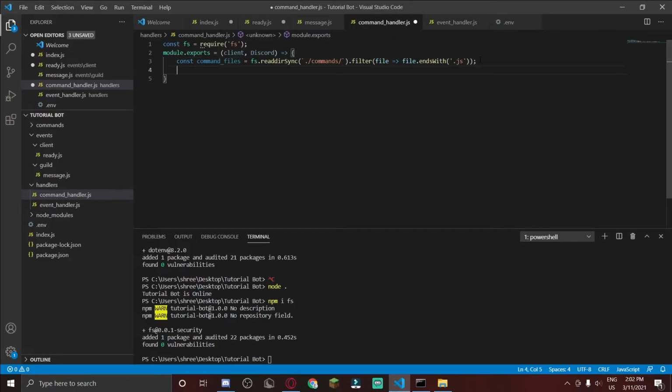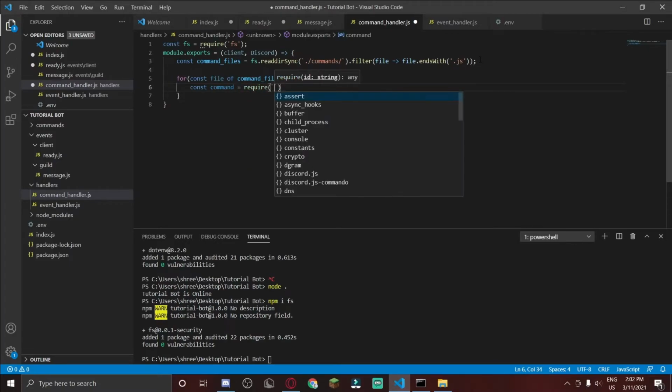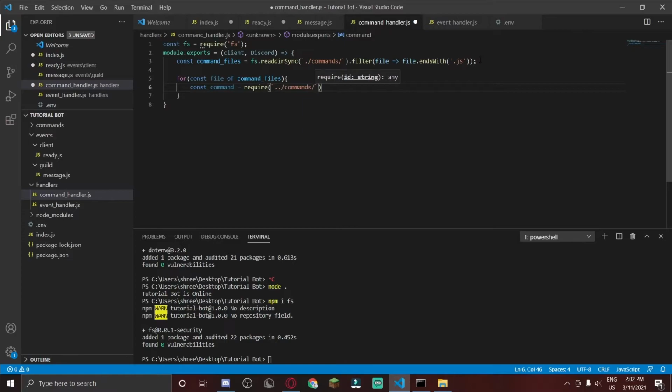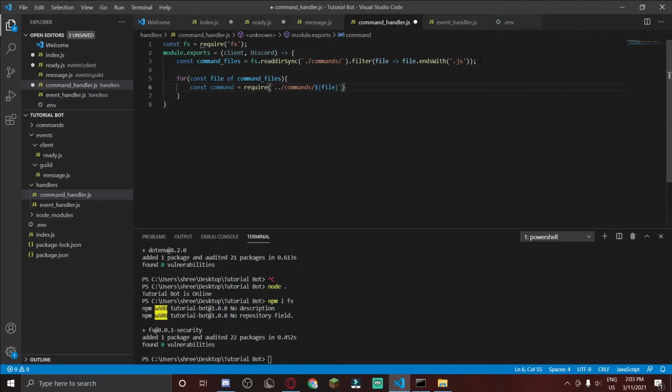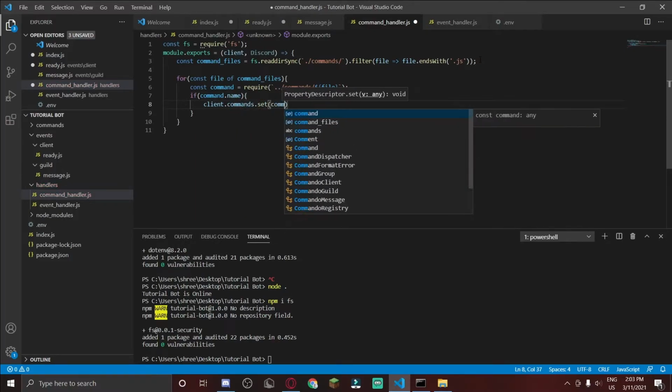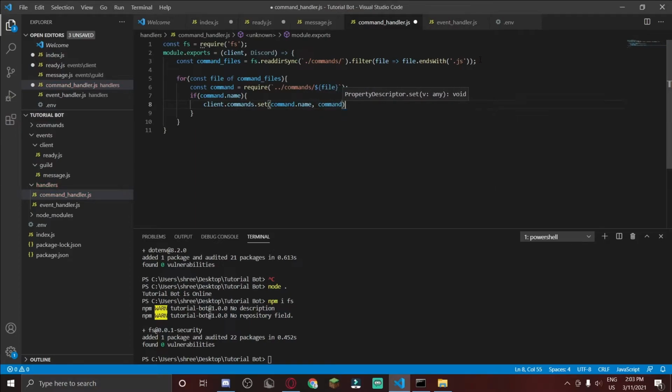Again, semicolons aren't really required in JavaScript. Also, JavaScript and Java are different, for new ones out there. So for (const file of command_files) {, then const command = require(`./commands/${file}`); that's bringing us back into the main directory, then the commands folder, then the file. Now you want to do if (command.name) { client.commands.set(command.name, command);